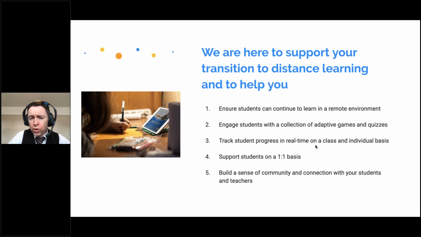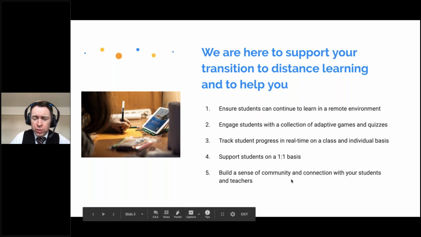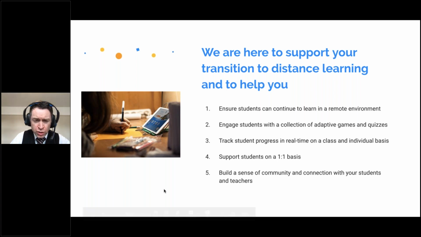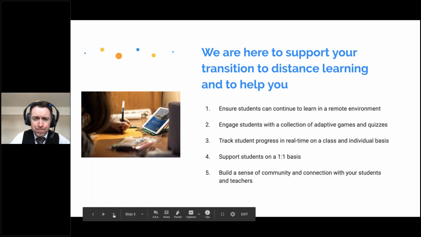We want to make sure that you can track the progress of your students using the reporting tools so you can identify strengths and weaknesses and decide how you want to intervene. Offer support to students on a one-to-one basis through our messaging system and help keep your community and the connection together with your students and with your colleagues through using the platform.